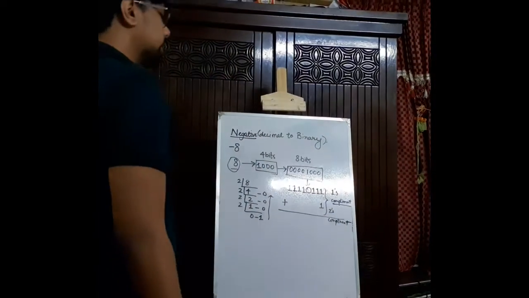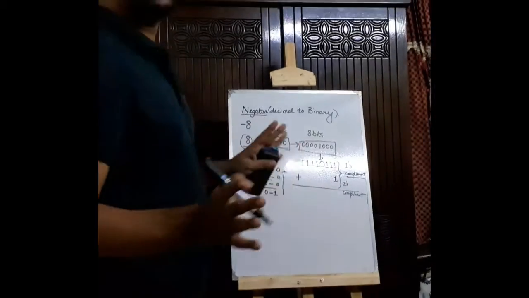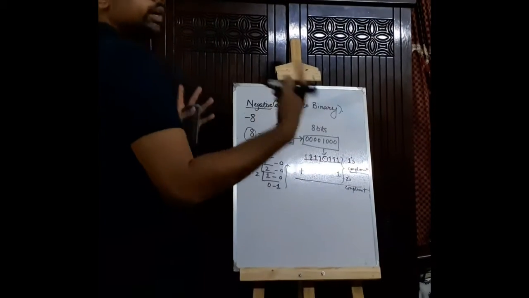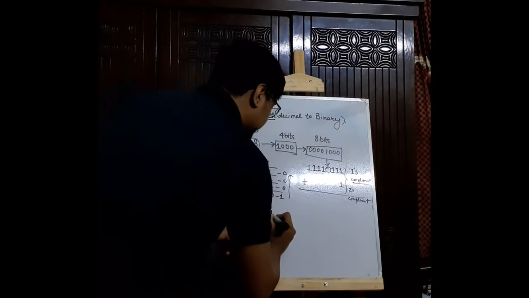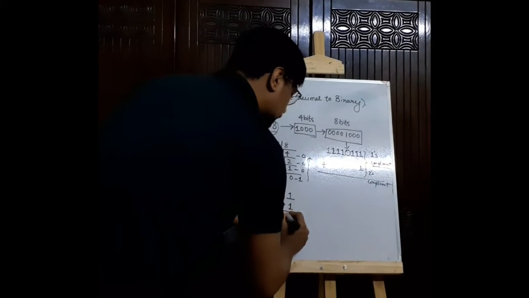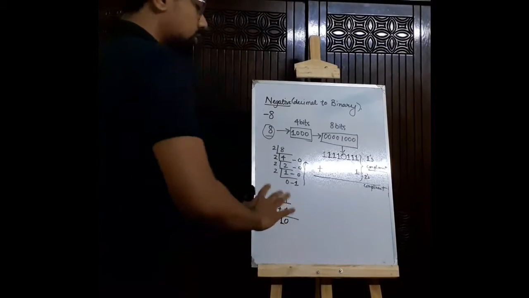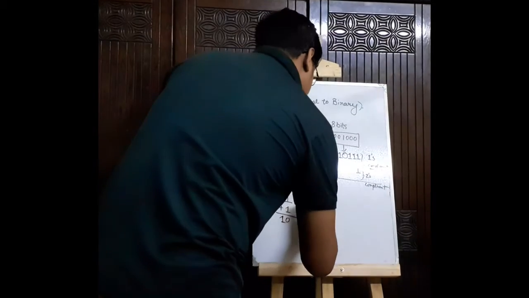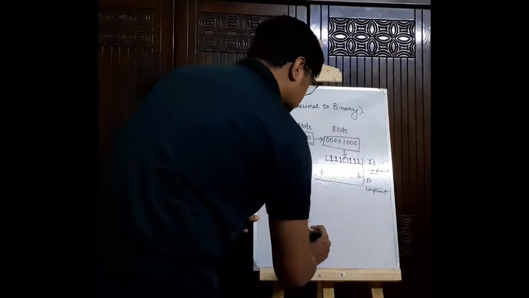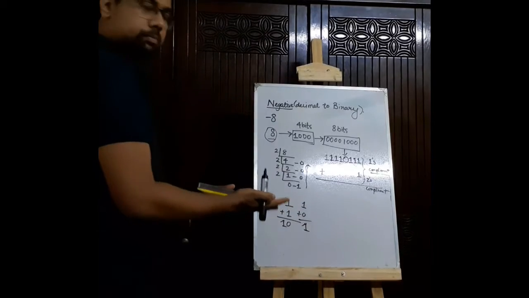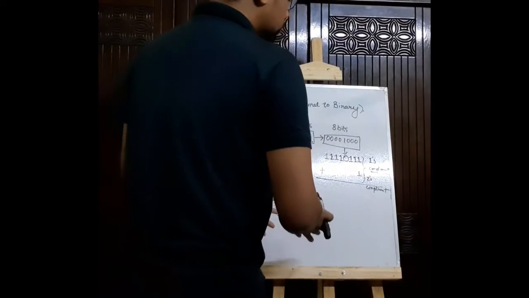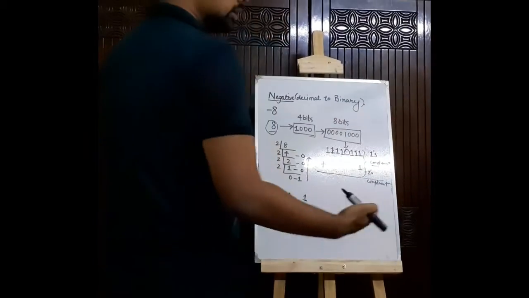Fine. Now, I guess you are familiar with binary number addition. If not, let me give you a quick recap of that one. If we add up 1 and 1 in binary, we get 1 plus 1 becomes 10, right? You need to remember this one. What happens if we try to add 1 and 0? This becomes 1 only. I'm trying to give you a quick review of these steps so that you don't get confused while adding this up.